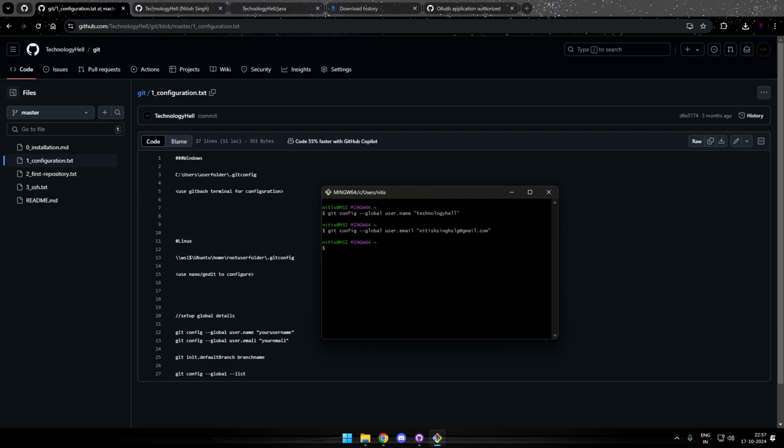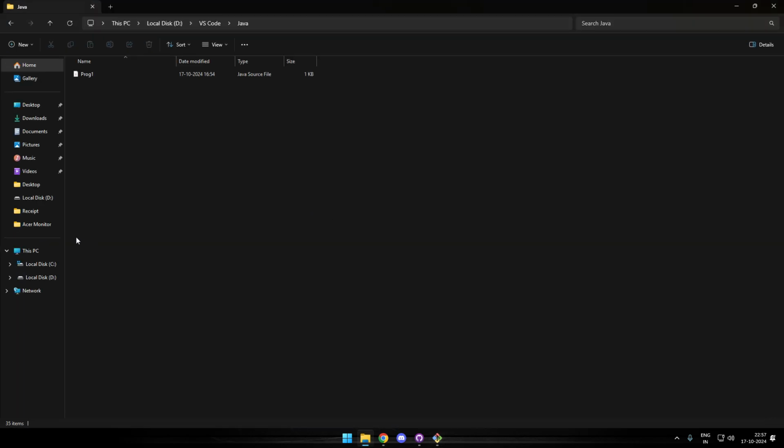And that's it. We are done setting up the username and the email ID. So basically our Git has been configured to work with this particular GitHub account. If you would like to see the details that have been added to your machine, just head up to your